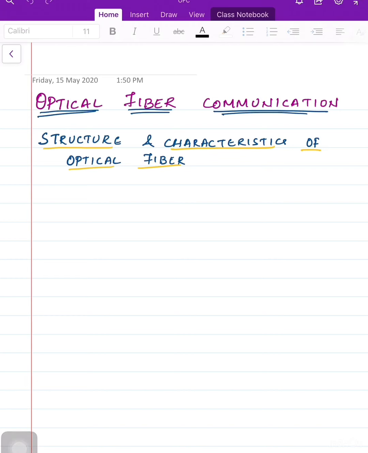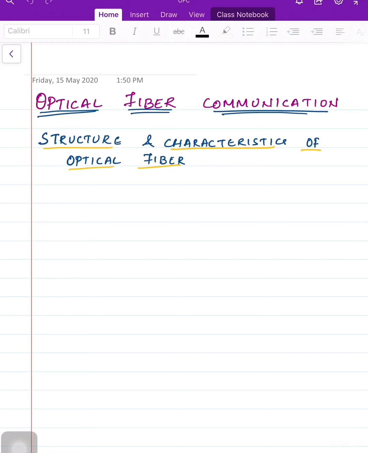It's me Arpita, and in today's video we are going to discuss a few points about the structure and characteristics of optical fiber. We have already seen what an optical fiber is, what the evolutions of optical fiber are, and what the general function of an optical fiber system is. Before moving ahead with the important topics and different methodologies of optical fiber, it is very important to know the structure and characteristics of an optical fiber. So let us see what it is.